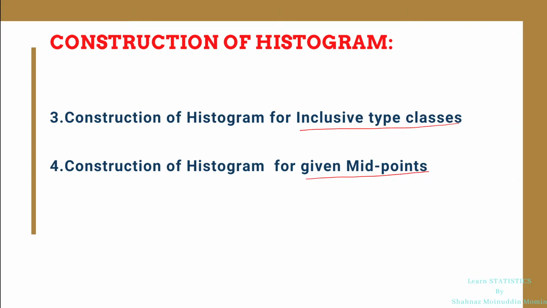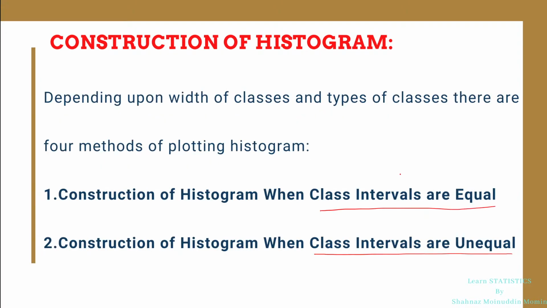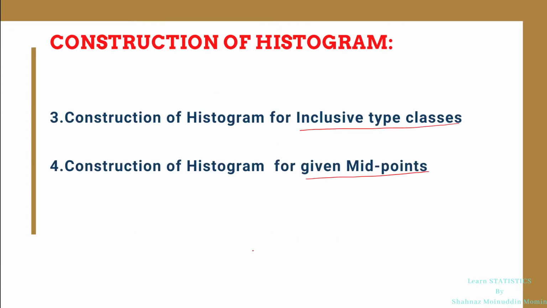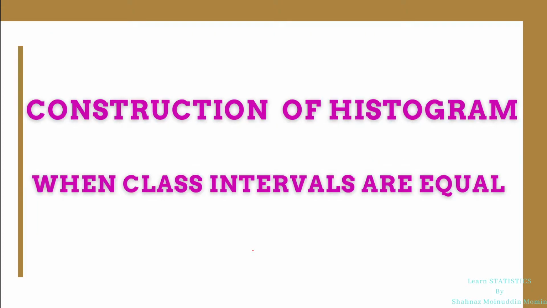In this lecture, I will discuss two methods of construction of histogram. The first one is construction of histogram when class intervals are equal, and second, construction of histogram when the class intervals are unequal. The remaining two methods, method number 3 and 4, I will discuss in the next lecture of histogram. Now we shall start with the first method,